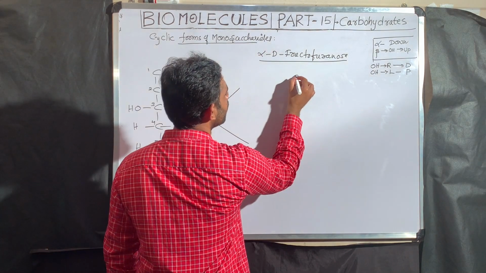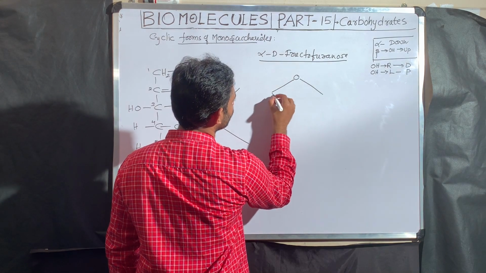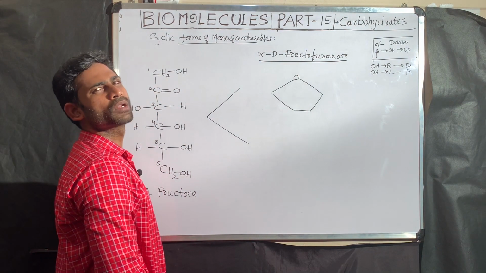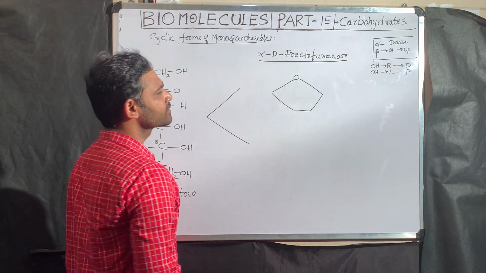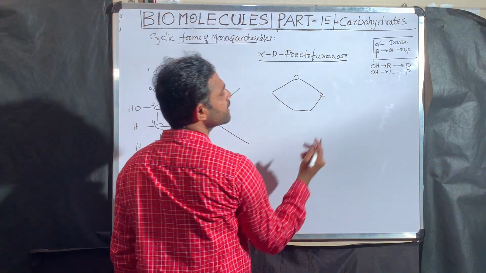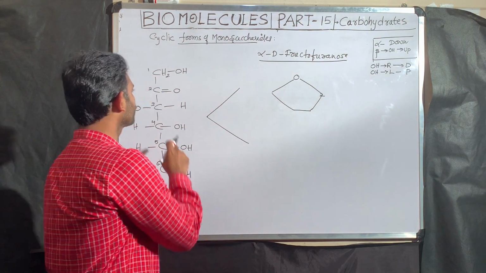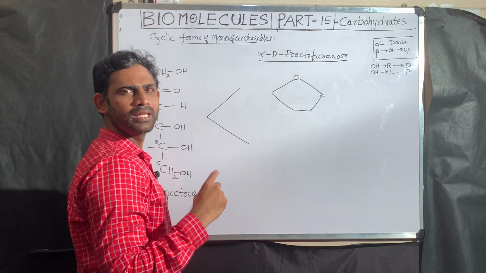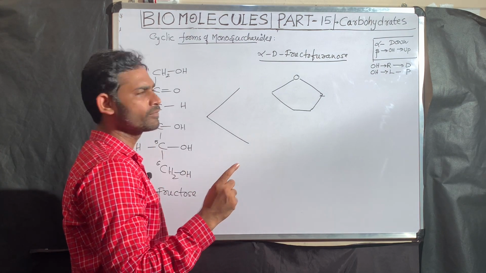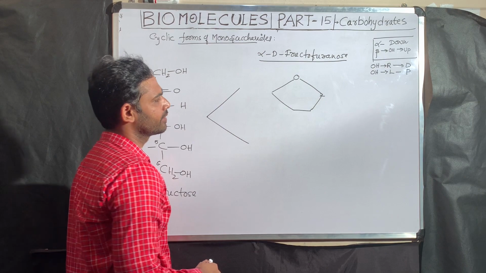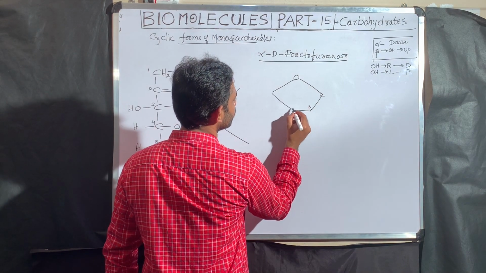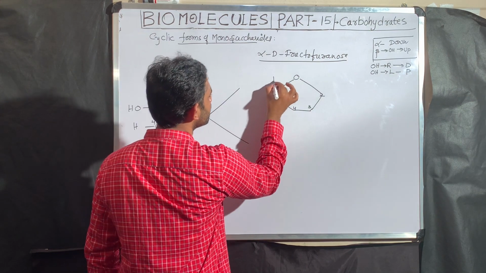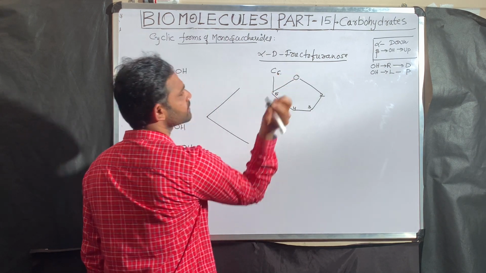First, the ring we have to practice is furanose. After that, what do we have to do? Numbering. Which number do we have to start with? That is our second. Why? Because the functional carbon in fructose is the second carbon. We have to start ring numbering always with the functional carbon. In fructose, the functional carbon is the second, followed by 3, 4, 5. Because fructose is also a hexose, I am writing this as a 6.